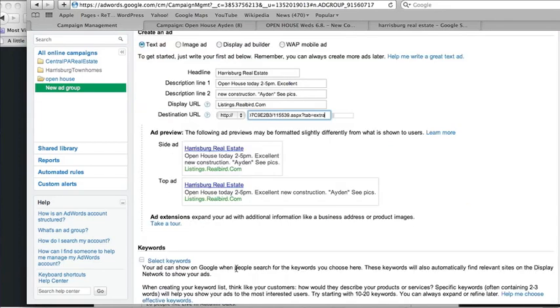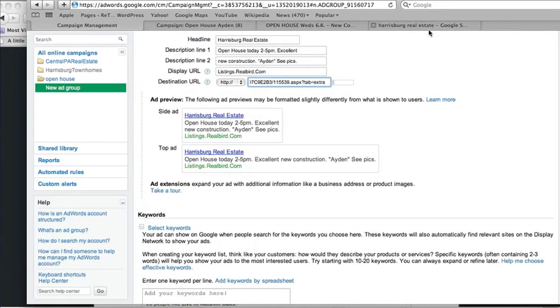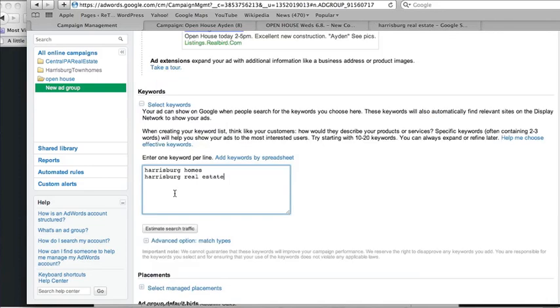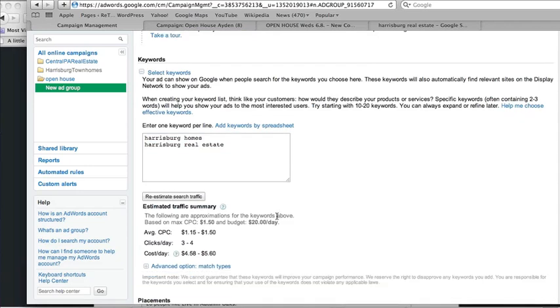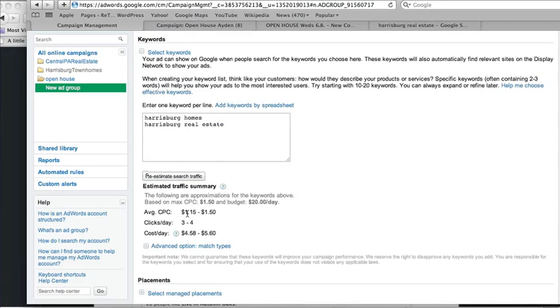And I'm going to go Harrisburg Homes, Harrisburg Real Estate. This is real. You can get really into AdWords and do a lot of different stuff. I'm doing just a dead basic campaign here. Two keywords. Let's estimate the search traffic. For those of you who are going to ask technical questions about this,